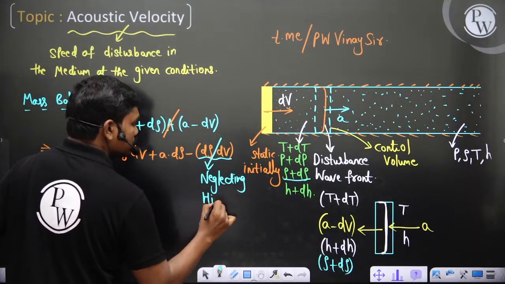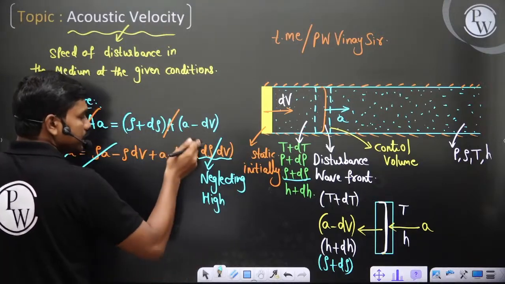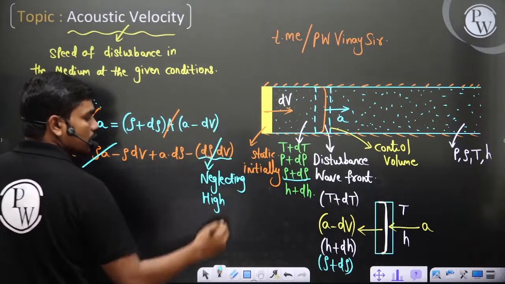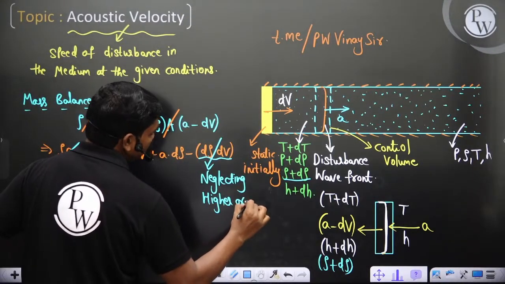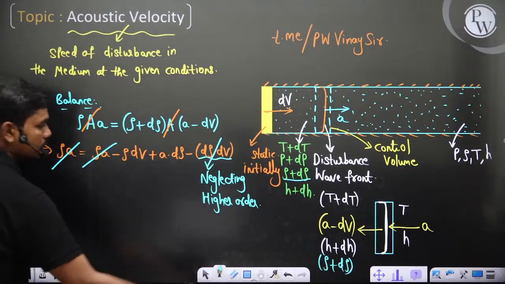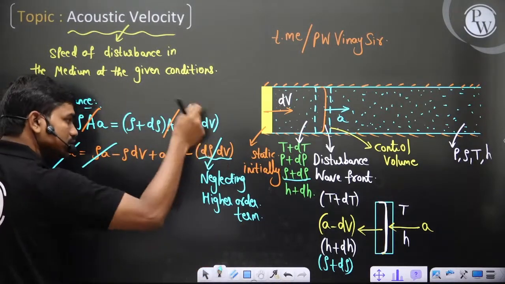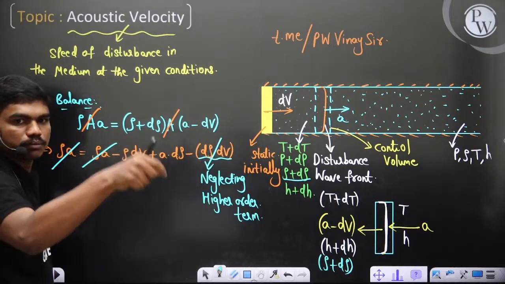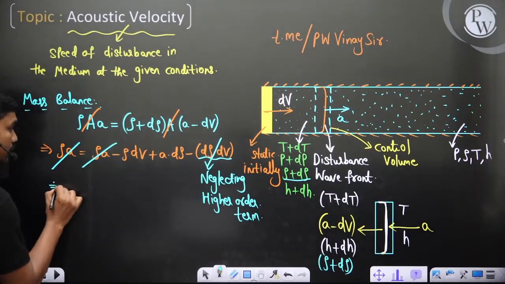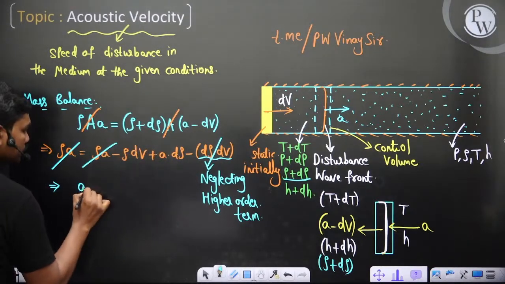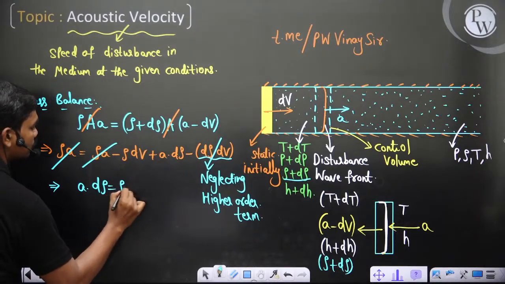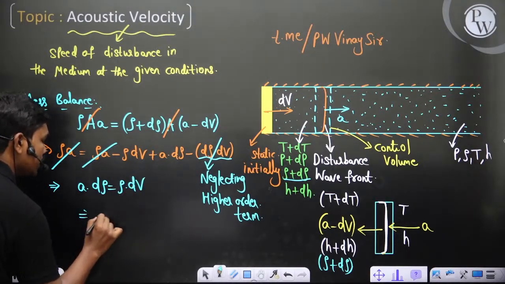higher order term, because this density variation is like 10 power minus 4, then 10 power minus 4 into 10 power minus 4 is of that order maybe. Okay, so neglecting higher order terms, because this is a product of two differentials, which is small quantity into small quantity, will be much smaller. That's it. Okay, so this gives you a times d rho is equal to rho dV, which means your dV is